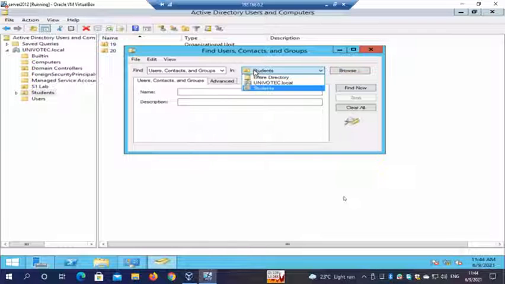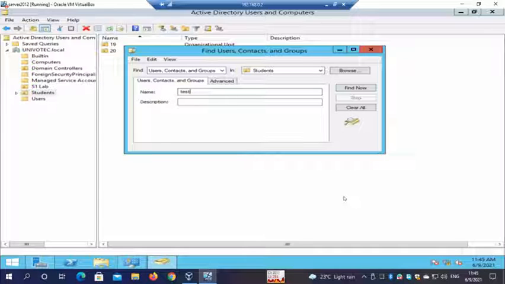If I want, I can select the entire domain, right? Maybe it's in another OU or somewhere else, right? So maybe I need to search in the whole domain. Or Entire Directory means the entire forest, right? If there are several domains available.